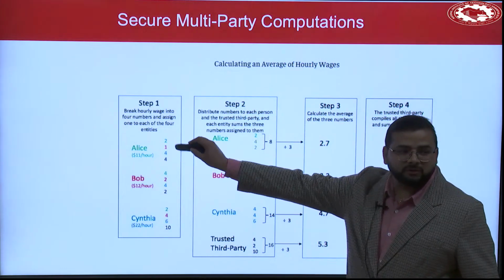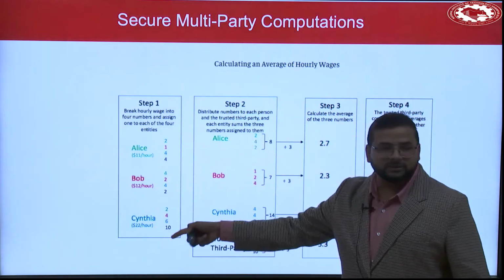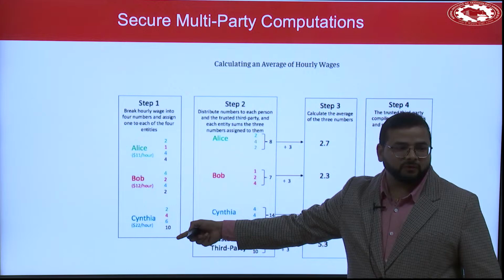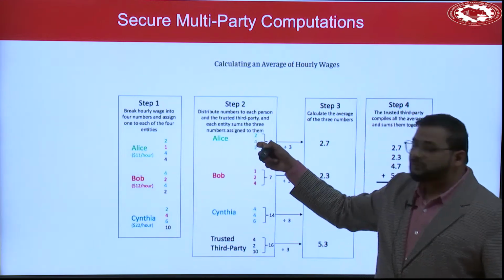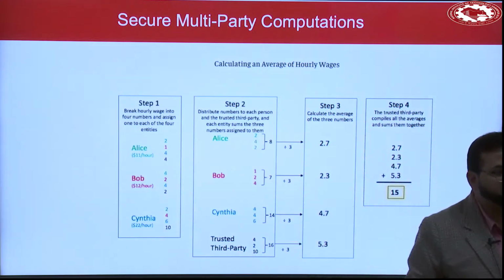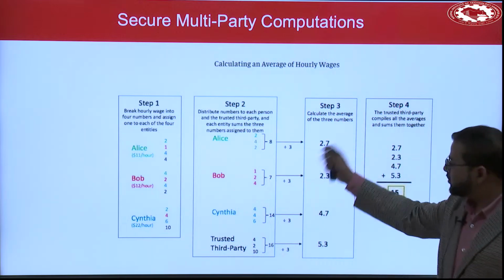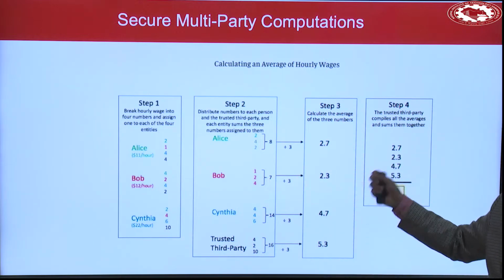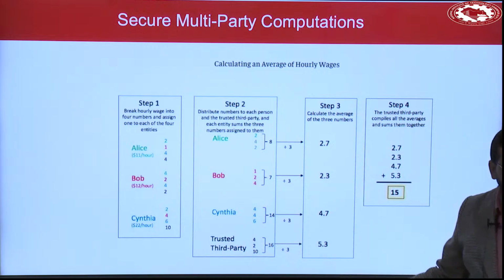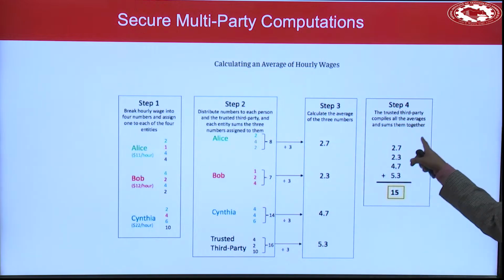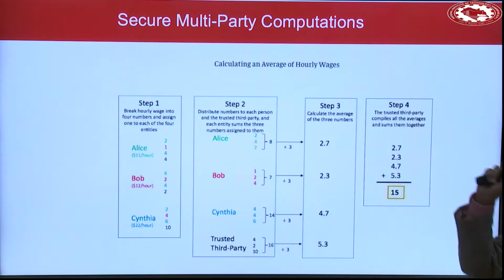If you do the calculation here, then you need to reveal these numbers exactly. So what we are doing is fractioning these numbers into parts, sharing these parts with different entities or users. They are getting the average, sending it back to the server who wants to know the result, and they can get the average out of it. So this is the way you can protect the privacy of data without sending the actual data, but you can compute over it.